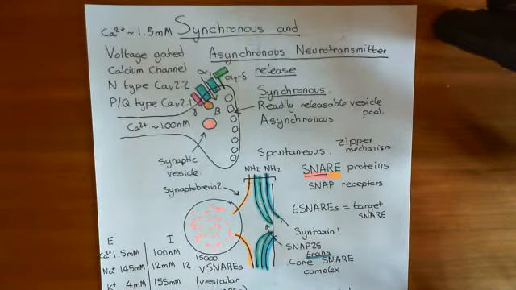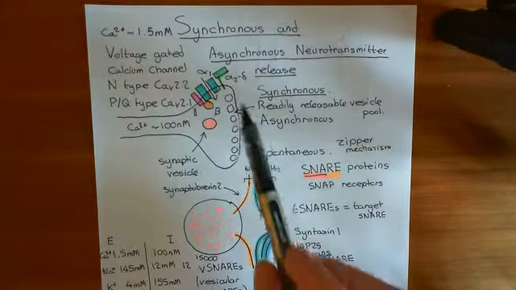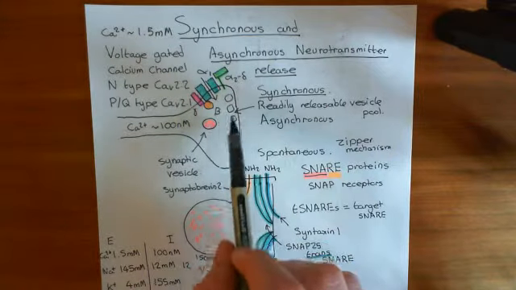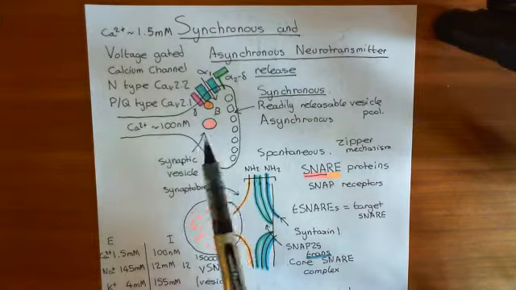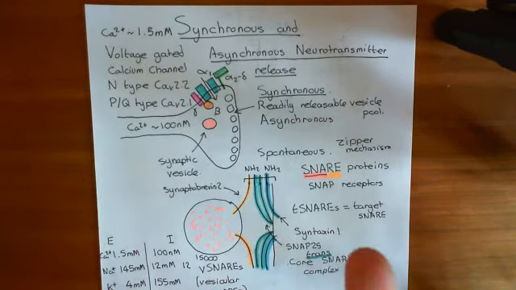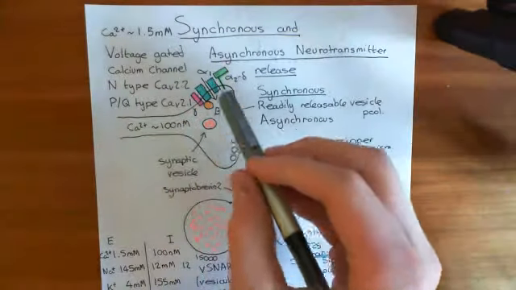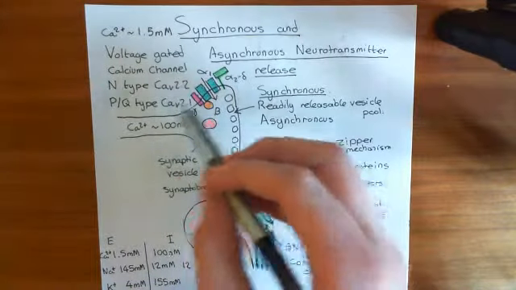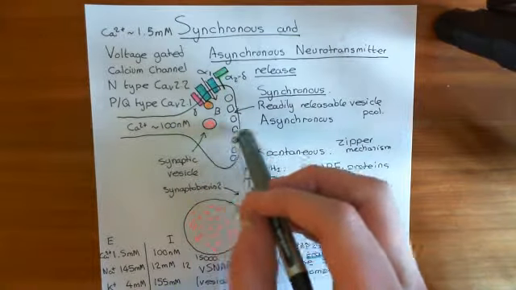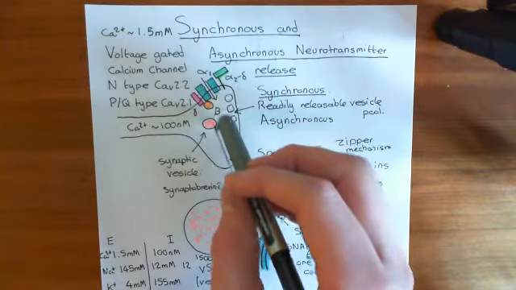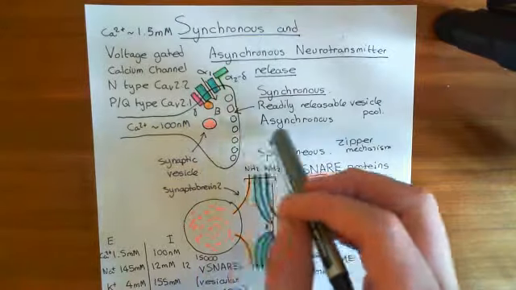Now, what's going to happen basically in asynchronous neurotransmitter release? Firstly, what we need to do is get more vesicles to this presynaptic membrane here. And I'm going to first talk about the mechanisms underlying the recruitment of the reserve vesicle pool. And then what I'm going to talk about is how even when the calcium's starting to go down, so the action potential happened a long time ago, you're going to be bringing in these reserve vesicles, docking them with the membrane, and then you're going to continue